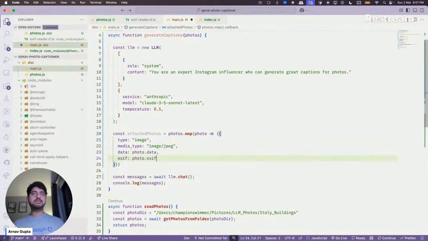I think we can pass the EXIF like this. Let's see if it can handle that.